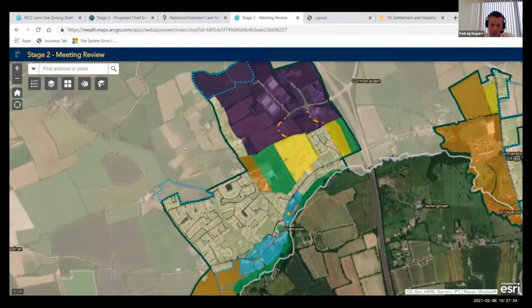pre-planning under the SHD process, and there were the tripartite meetings which discuss the development between the developer, the council and An Bord Pleanála themselves. So a meeting was had, recommendations and opinion were issued, but the applications were never actually submitted formally to An Bord Pleanála. So at this point in time, those applications have not been submitted, and that's just an update regarding